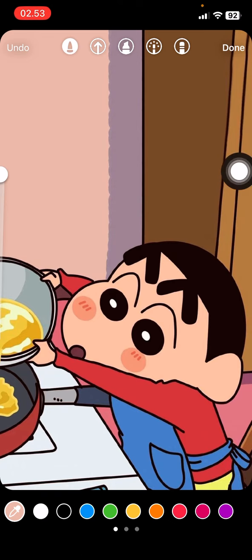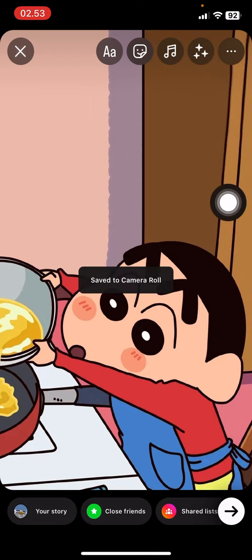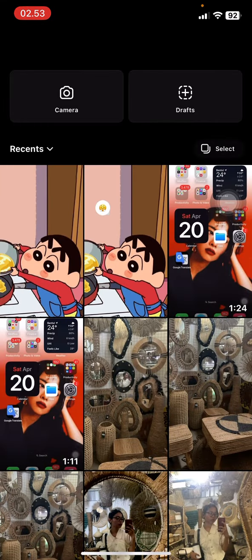Now we just need to click done here, and then click these three small dots again and click save. So basically that is how to remove an emoji with